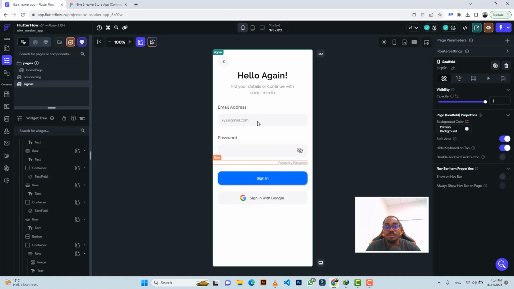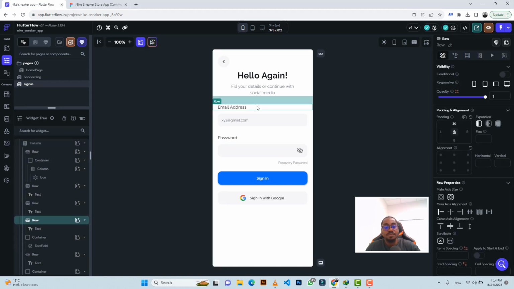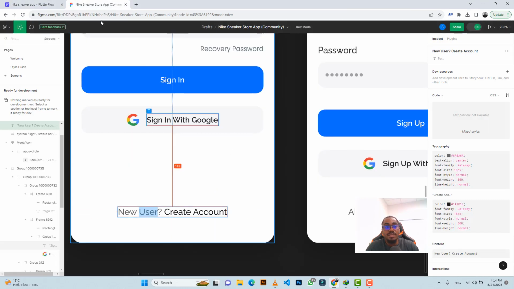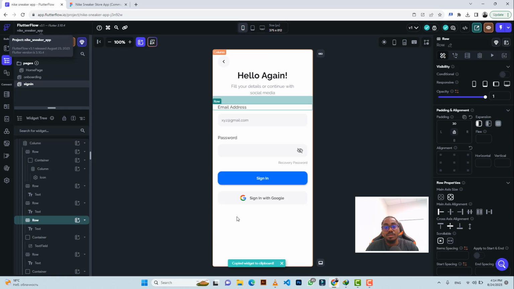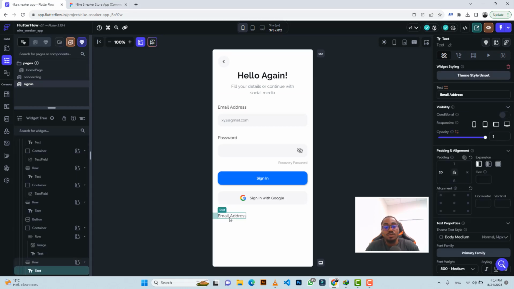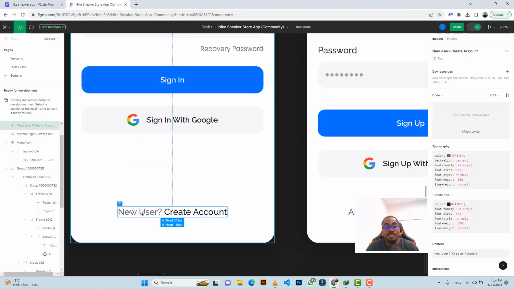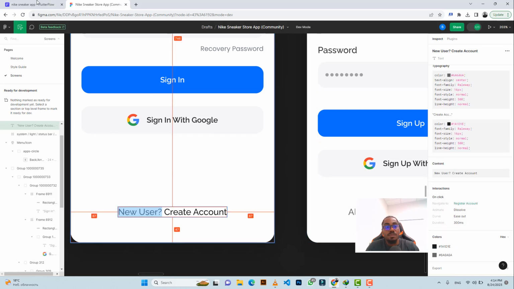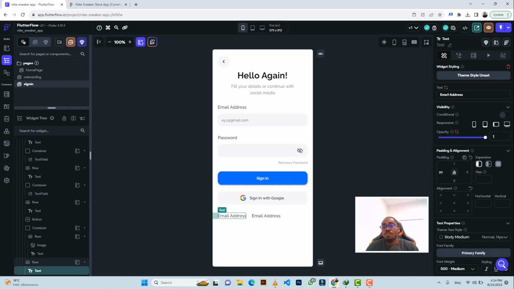Let's come over here, copy the email address part, Control C, and click here and paste it. There you go. I will click in here and say Ctrl D to just duplicate the text. The reason is because we have two different texts here. So I will copy from here to here and say Ctrl C, and later on I'll come and copy the color code. So I will paste this here,